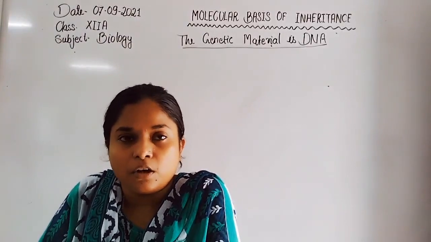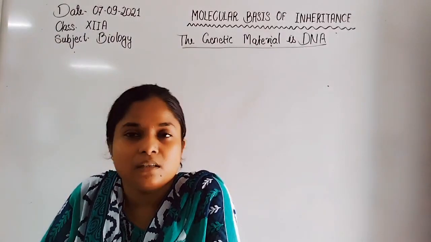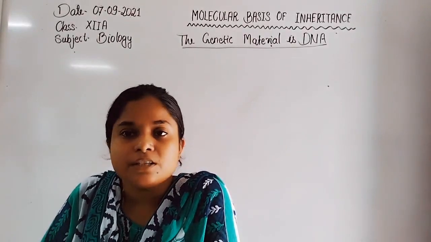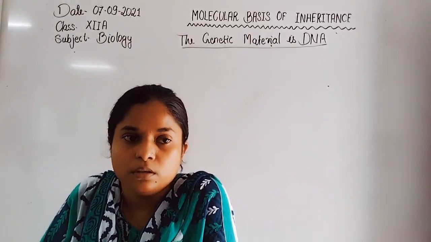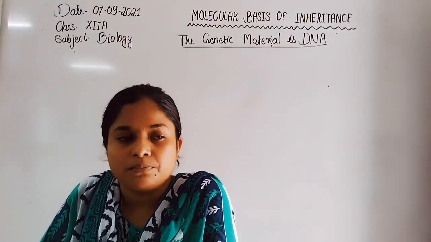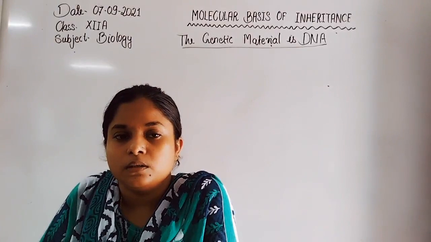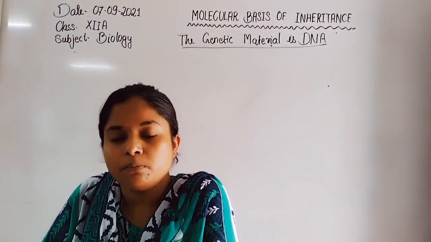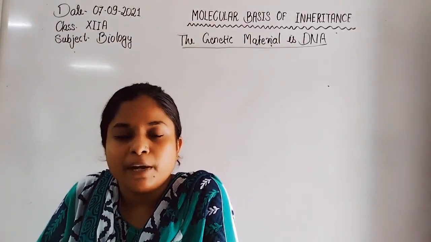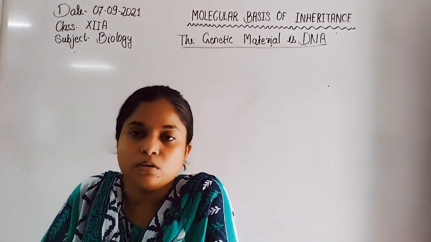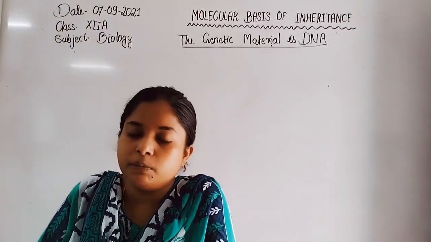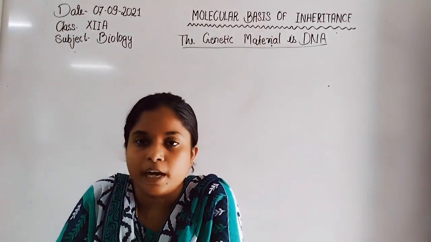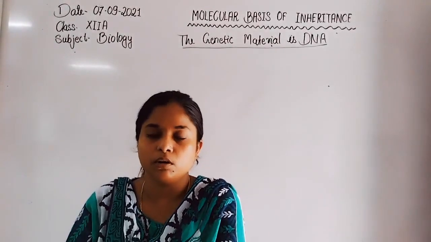Watson and Crick first gave the model of genetic material, or the structure of DNA. According to them, DNA has a double helical structure formed by polynucleotide chains. There are two polynucleotide chains which attach to each other with the help of hydrogen bonds. Depending on the presence of nitrogenous bases, the hydrogen bonds may be 2 or 3. So A always binds with thymine by double hydrogen bond, whereas cytosine always binds with guanine by triple hydrogen bond, and vice versa.